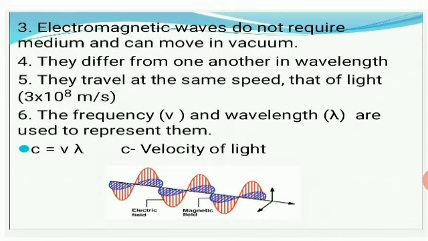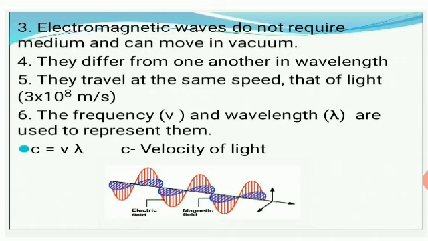So here are the two fields, in which one is your electric field shown by the red marks, and the blue one shows the magnetic field. They are perpendicular to each other and also perpendicular to the direction of propagation. Electromagnetic waves do not require any medium to move. They can move in vacuum. Therefore, the light reaches us from the sun through this empty space.